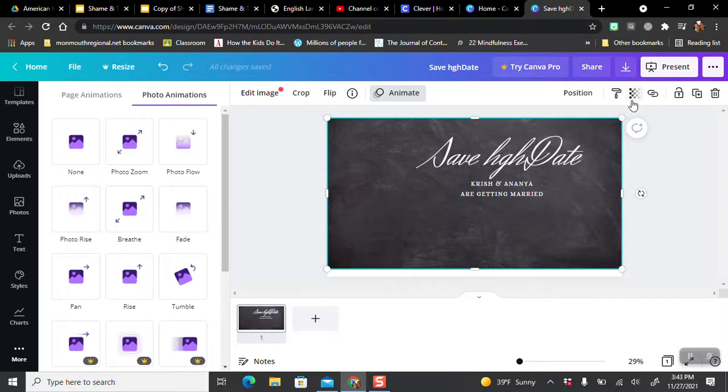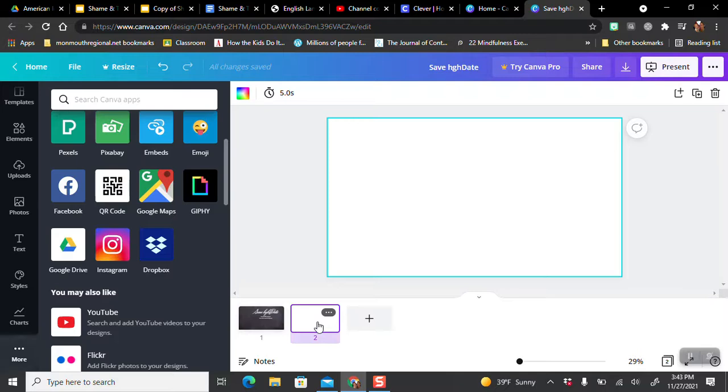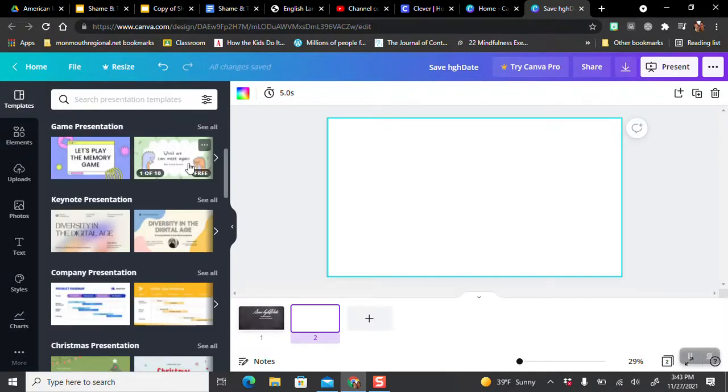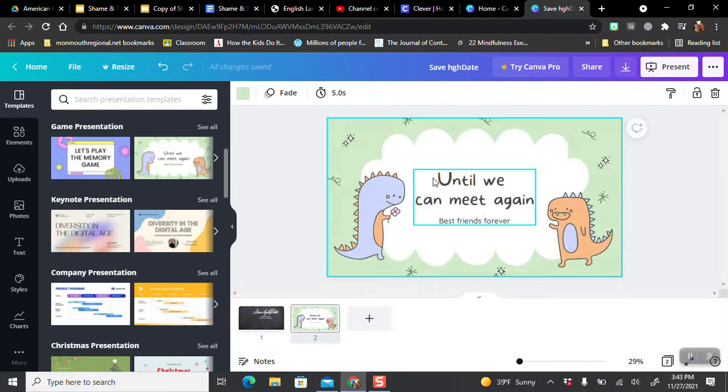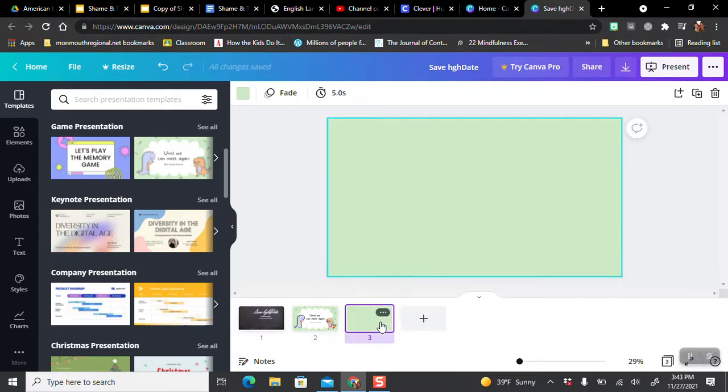If I wanted to, let's see, crop something, edit an image is up here. And what else? It's pretty self-explanatory after that. Oh yeah, if you wanted to add a page, you're adding your page down here. And then again, you just go through that same process. Are you on the same template? What are you using? Okay, so adding as many pages as you want, and of course you can still add